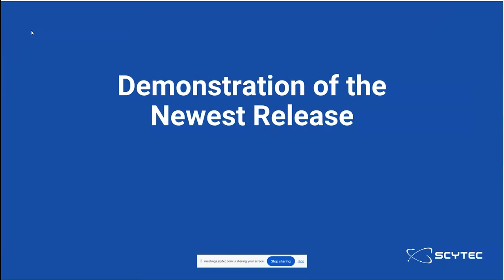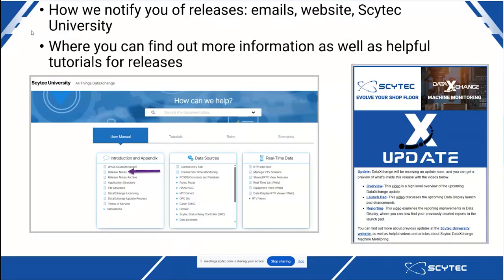So from here, I'm going to be doing a demonstration of the newest Data Exchange release. Now, I'd like to discuss how we go about notifying the Data Exchange client base of an upcoming release. There's multiple different ways. For this upcoming release, I sent out an email, I think, Tuesday this week. Sometime next week, you're going to be getting a full-fledged email with a breakdown of everything. But earlier this week, I sent out an email with links to videos going over everything that is inside of this new release. And you can also go to our Scytec University website, which can be found at